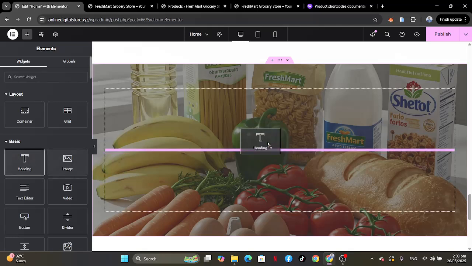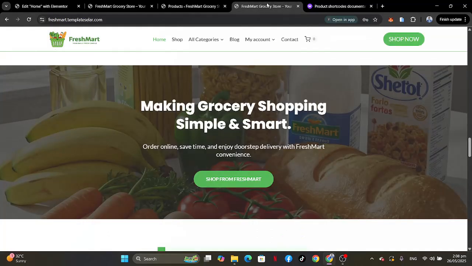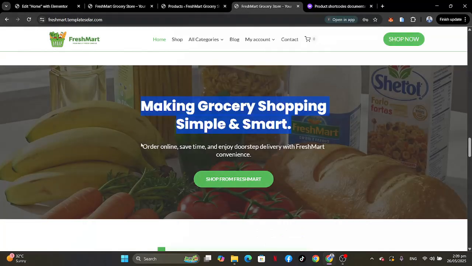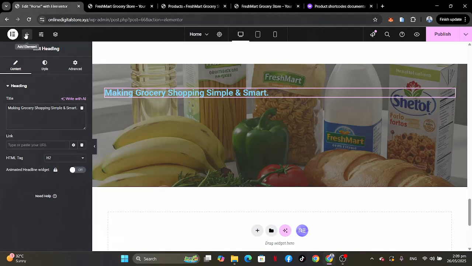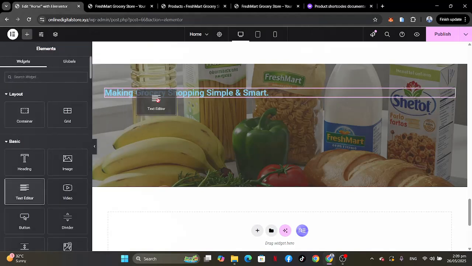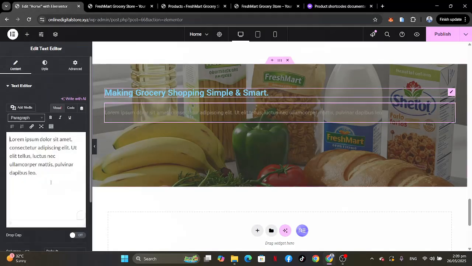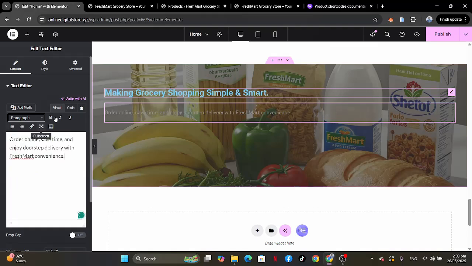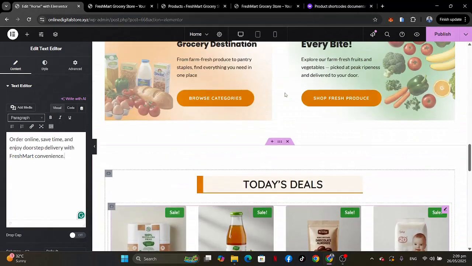So we're dragging a text over here, making grocery shopping smart and simple, and then we put it over here. And then this one also says, order online, and so on. We drag in a text widget also over here, and we paste it over here. And then we bring,